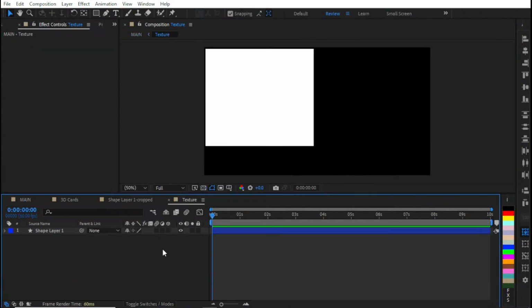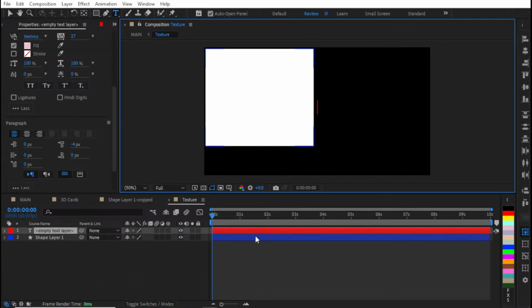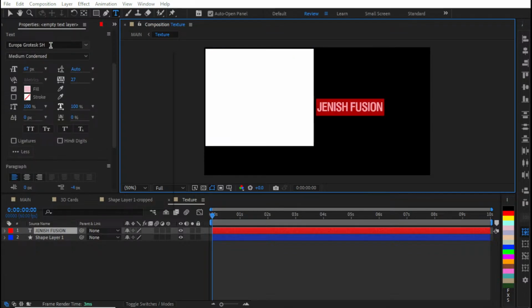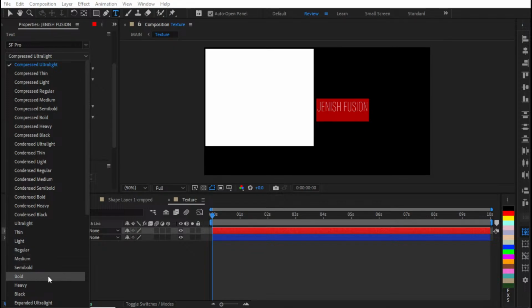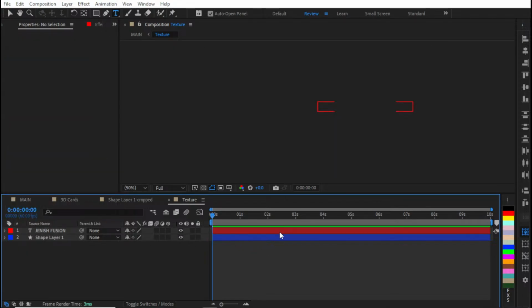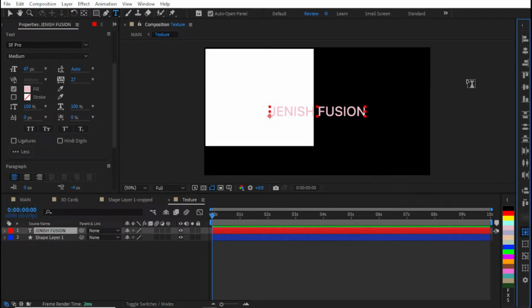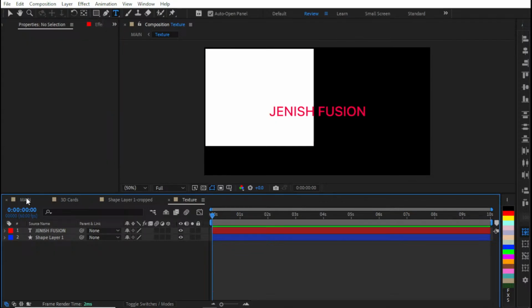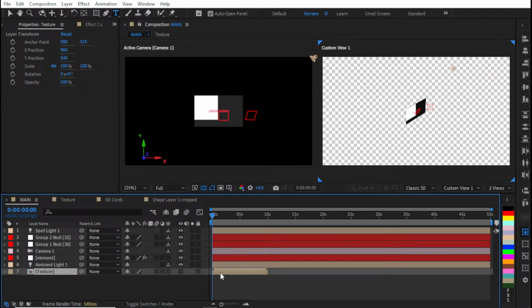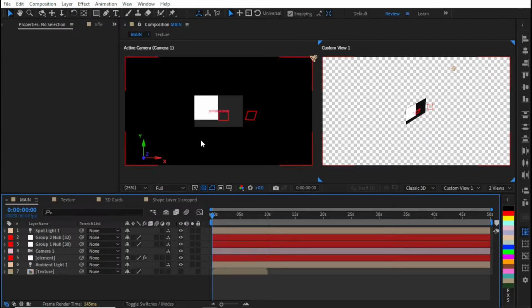What I will do here is I'll just add a text. Change font to SF Pro, hit OK, set it to medium, select the text layer, align it to center, and set color to hot pink, or whatever it is. Now I can just